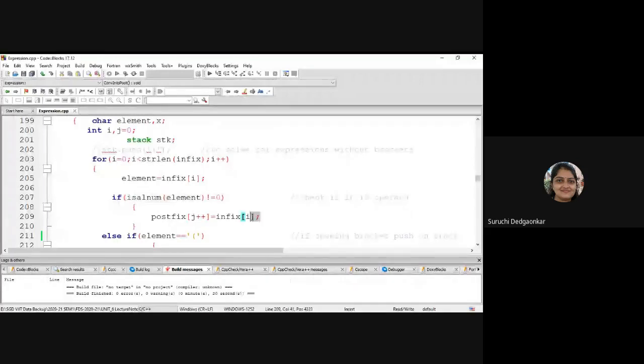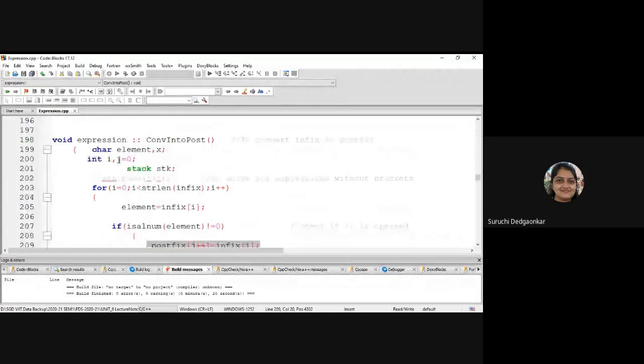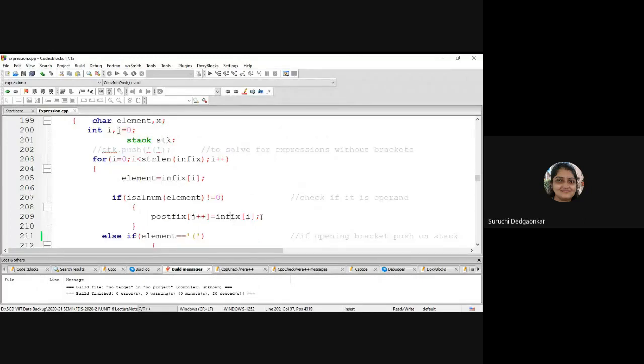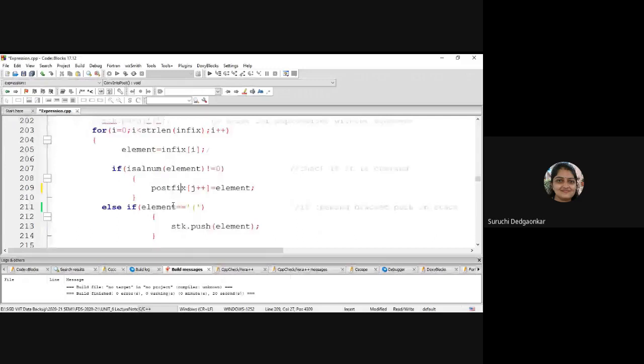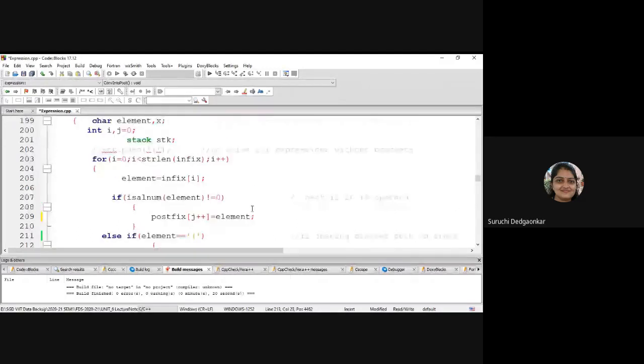Okay, the index for the postfix string is 0 initially. We are copying infix of i, that is, the element here, the current token, directly into postfix, and the index is incremented.